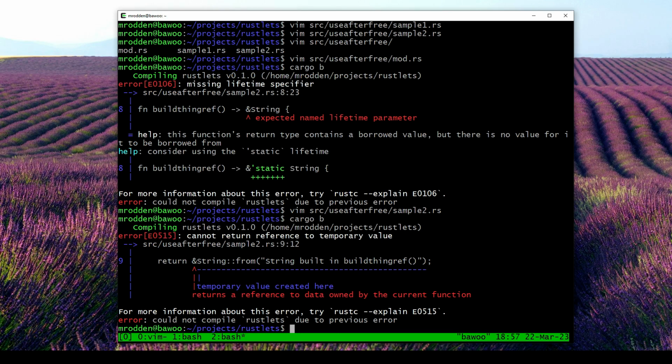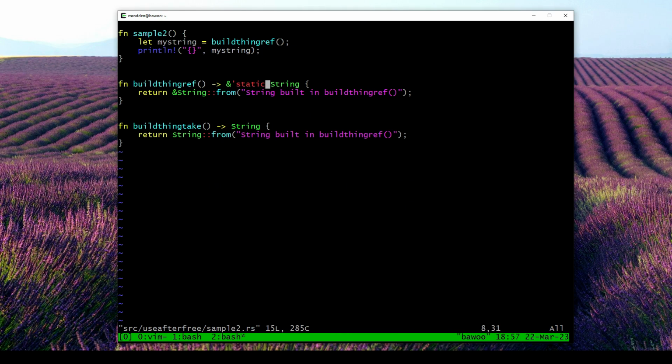In fact, that would probably result in a leak unless the function above was somehow informed that you need to free this, which you'll actually see a lot in C. You'll see structs that have a build function, and then a struct name underscore free, so you can call free on it when you're done with it. In that case, it's the developer's responsibility to make sure the destructor, aka the free